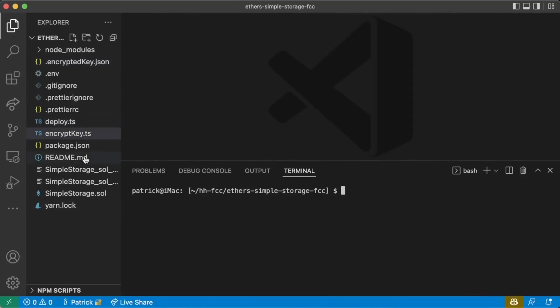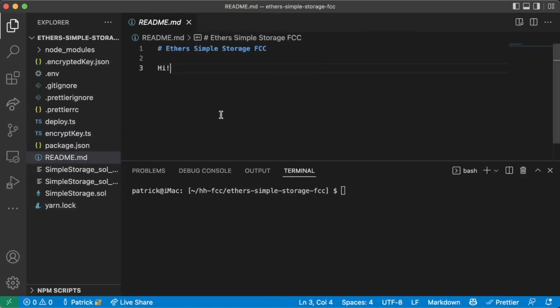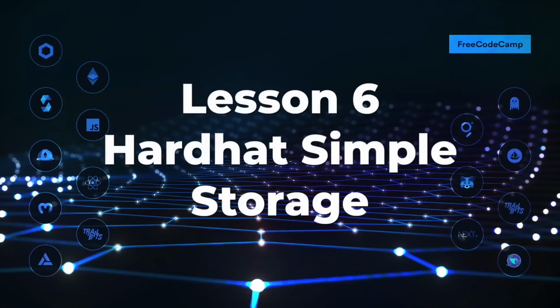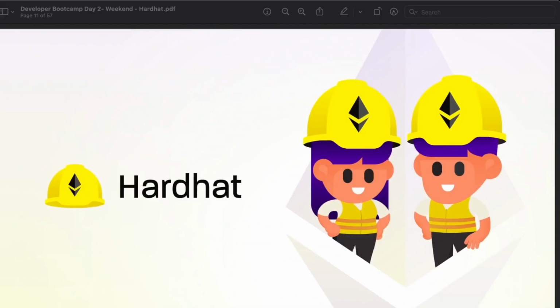And you should give yourself a huge round of applause for getting this far and learning what's going on underneath Hardhat, the next tool that we're going to learn, and learning all about these transactions and how to interact with these blockchains. This is absolutely massive. So huge congratulations. All right, so now that we've learned about Ethers.js